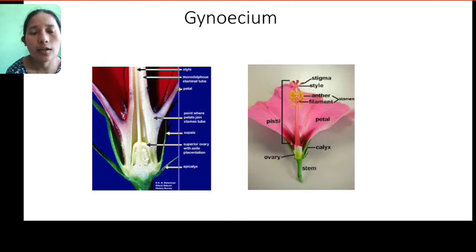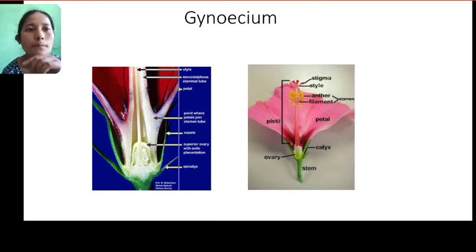Inside the ovary you have an ovule, which is the main reproductive part, the female gamete of a plant. Your female egg cells are present inside the ovule only, where your pollen germinative nucleus from the pollen grain is going to come and fuse, and fertilization will occur, and after fertilization reproduction is going to take place. So, understood the different parts of a gynoecium: stigma, style, ovary and ovule.